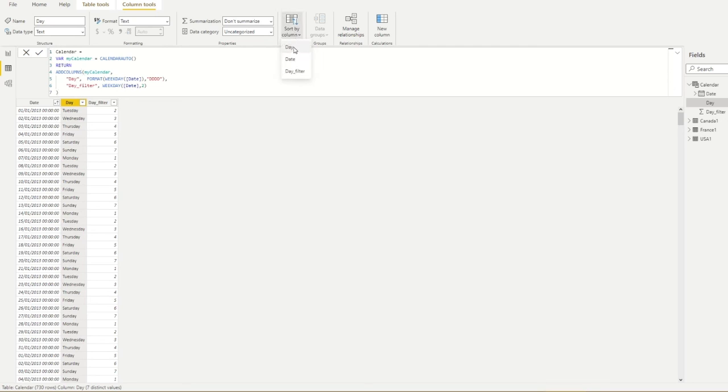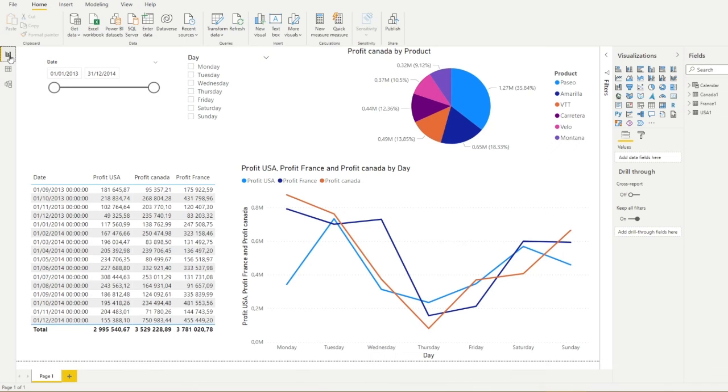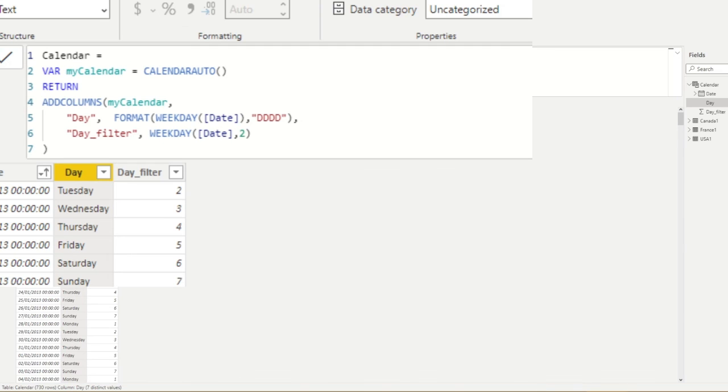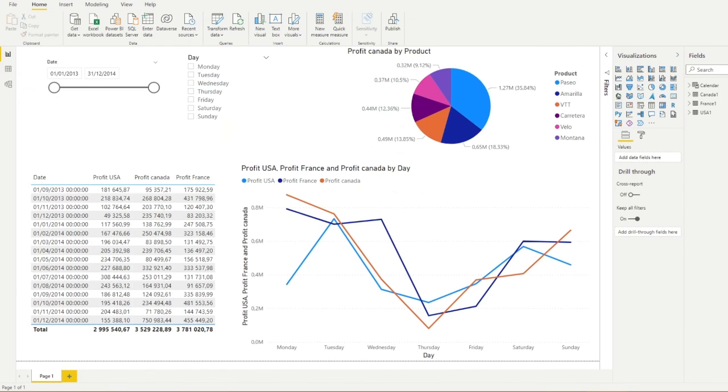See that I should be on day to begin with because it's sorted by itself, but you can tell it to be sorted by the day filter column. And now let's go to our report and see that the slicer is ordered starting on Monday. And even in our figure here, it's starting on Monday. If we go back and we change the value here to 3, we can have the week start at Tuesday. And if I go back and remove this, boom,